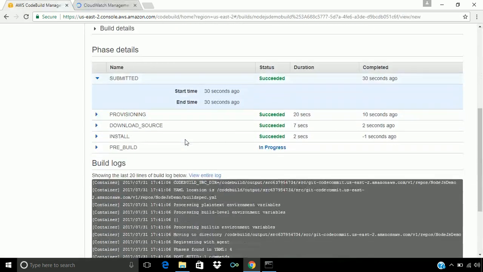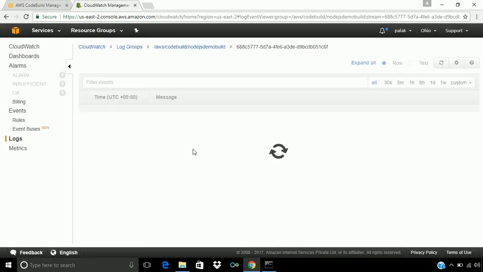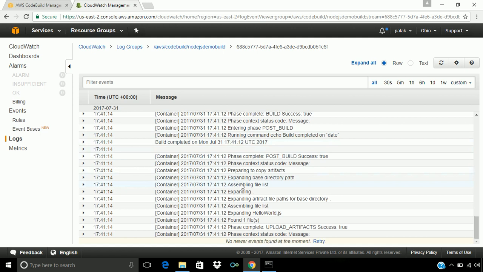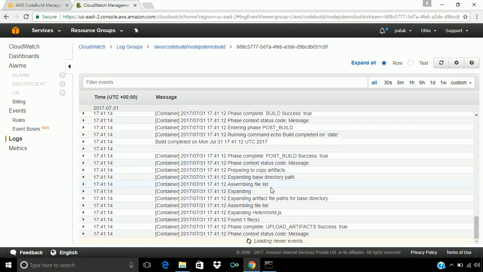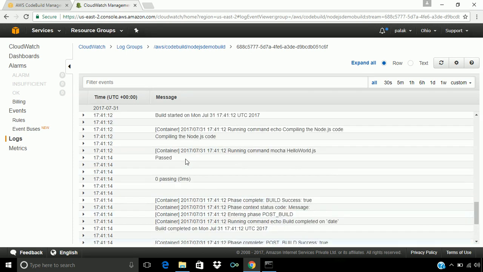We can also see the summarized information in this build log, and here all the detailed build log we can see in this CloudWatch. Let's wait for this to load. See, here we can see all the phases, whether it has been completed, whether it has errored out, where it has got stuck. We can see with time, and we can track all the information from the detailed log.